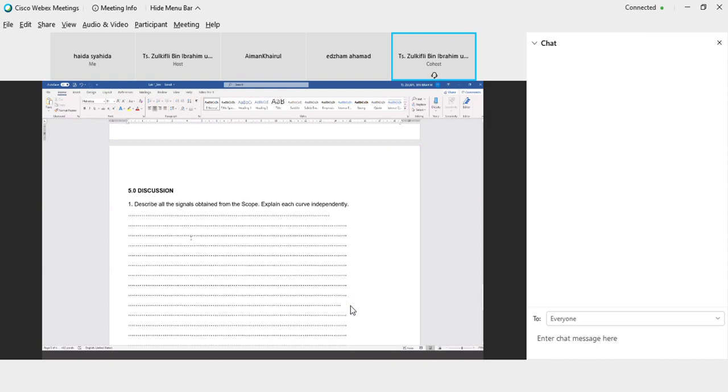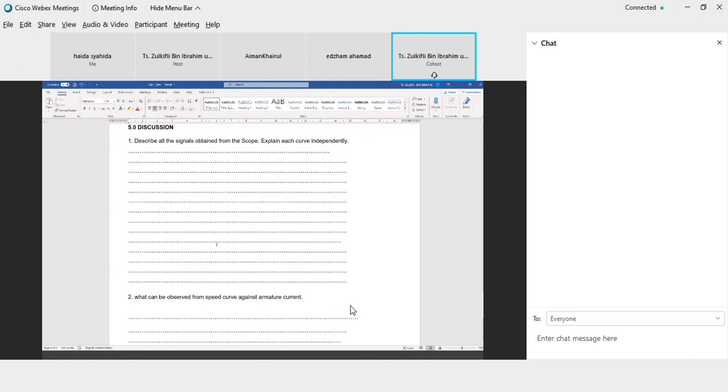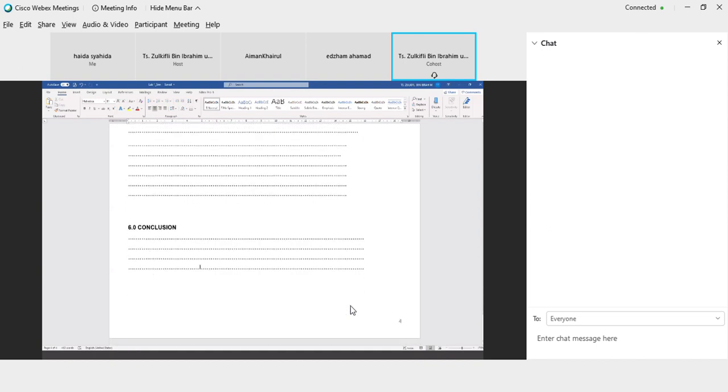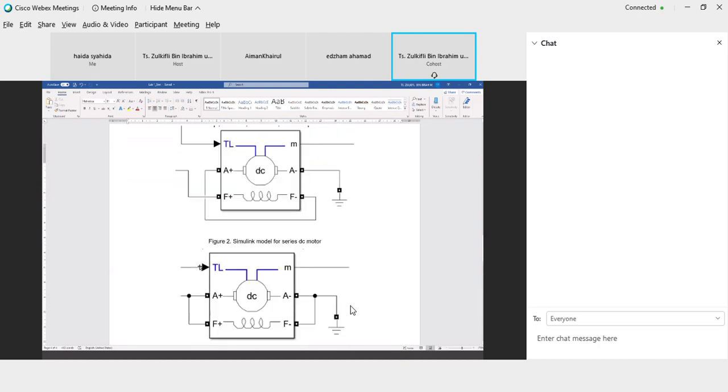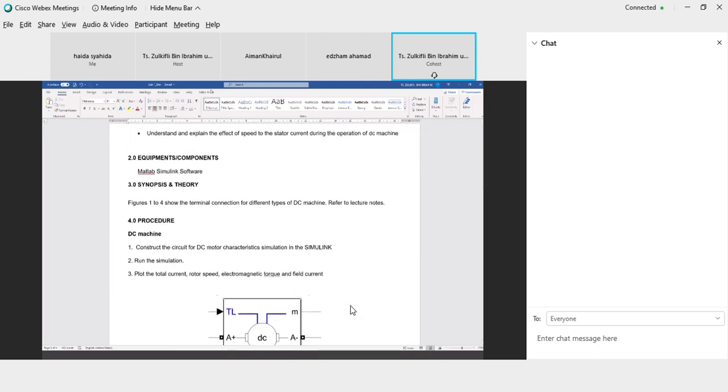Okay, so all you need to know is to describe all the signals obtained from the scope, and then you need to observe the characteristic of the machine, basically speed curve against the armature current, dan juga write your conclusion pasal ni. Okay, so you tak faham lagi. Now saya akan pergi ke